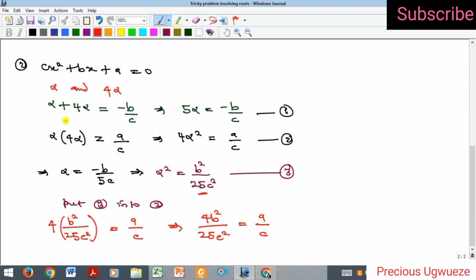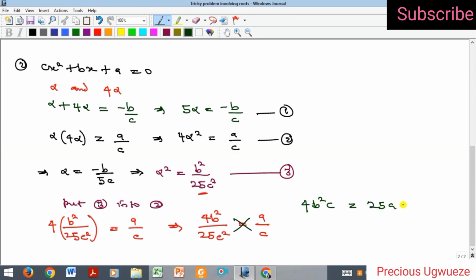And if we cross multiply, we are simply going to have 4b squared c is equal to